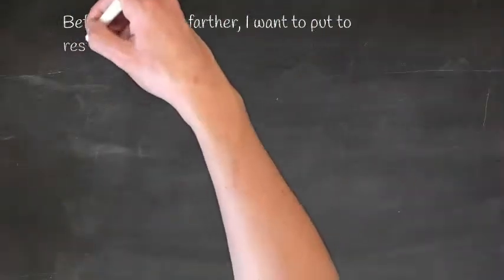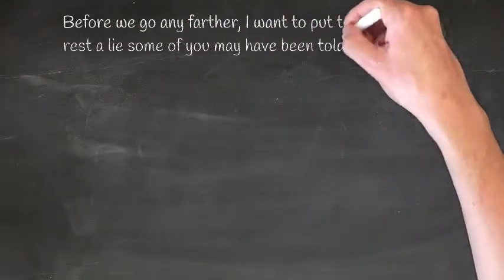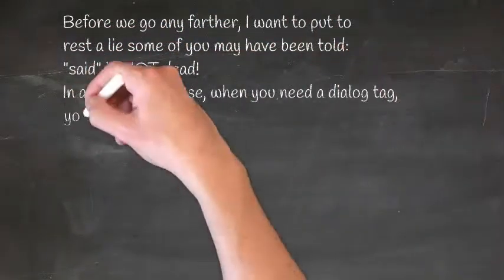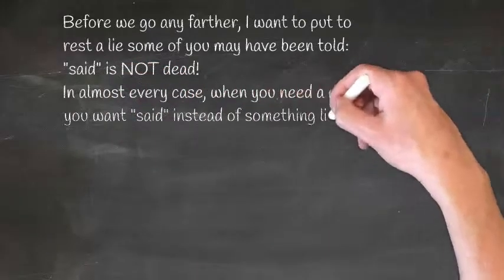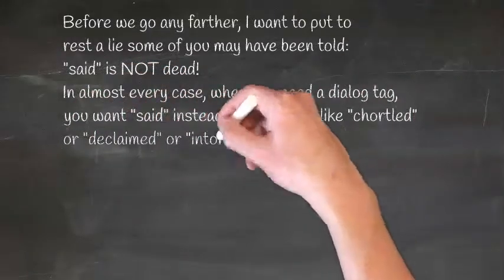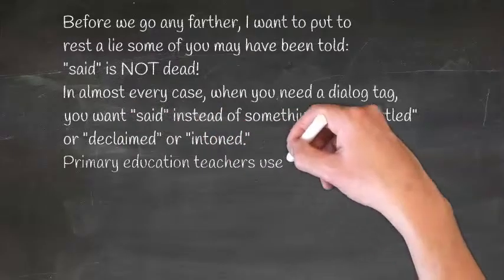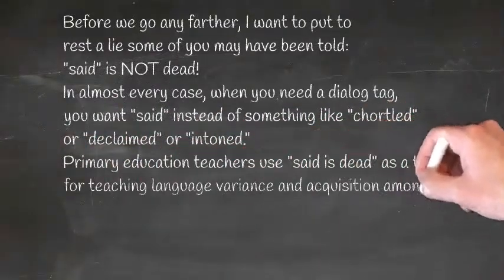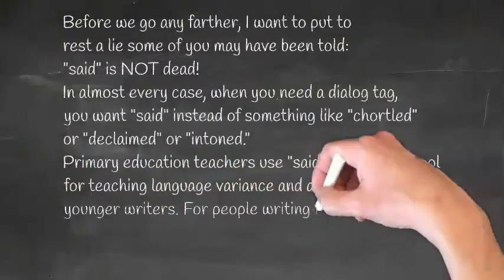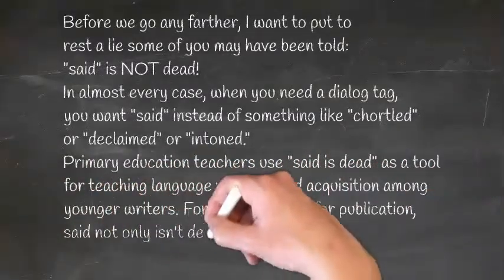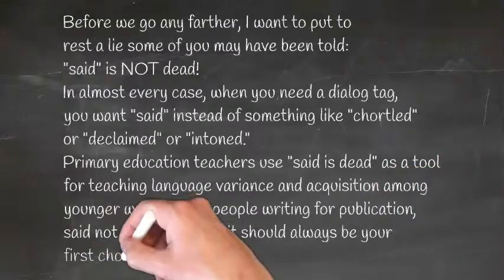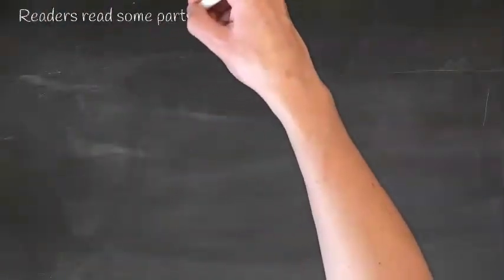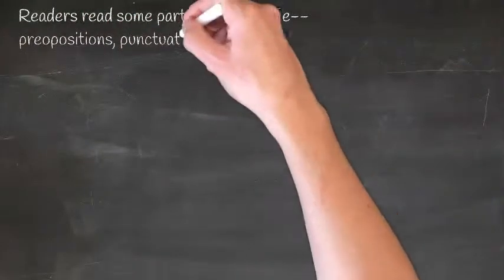Before we go any further, I want to put to rest a lie some of you may have been told. Said is not dead. In almost every case, when you need a dialogue tag, you want said instead of something like chortled or declaimed or intoned. Primary education teachers use "said is dead" as a tool for teaching language variance and acquisition among younger writers. For people writing for public, said not only isn't dead, it should always be your first choice and abandoned only